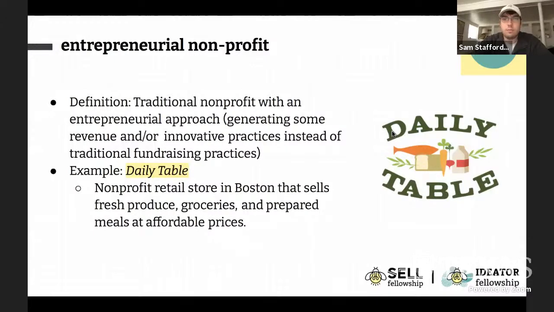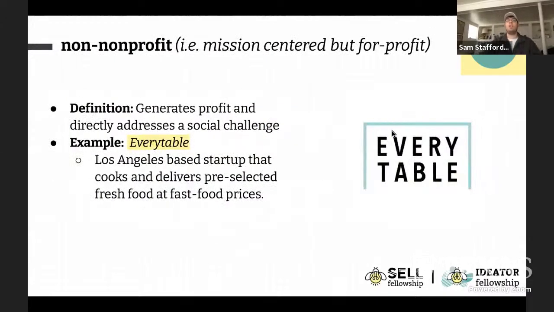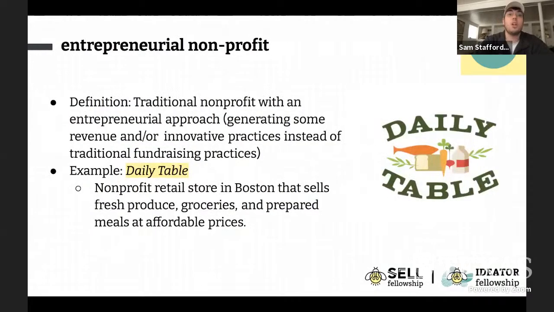Okay, cool. So let's talk about a non-nonprofit, i.e. a mission-centered nonprofit, but for-profit. So the definition is that it generates profit and directly addresses a social challenge. An example of this is Everytable, which is a Los Angeles-based startup that cooks and delivers pre-selected fresh food at fast food prices. So very similar to an entrepreneurial nonprofit,